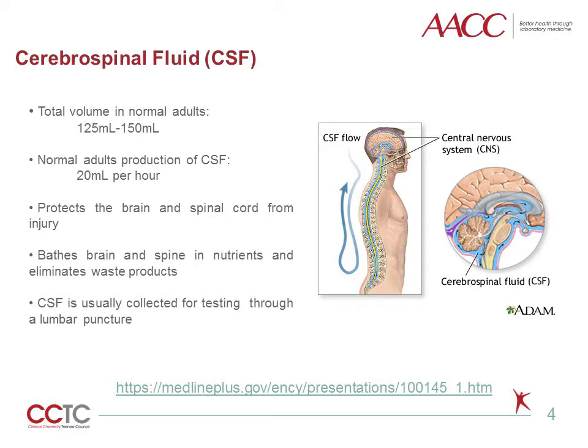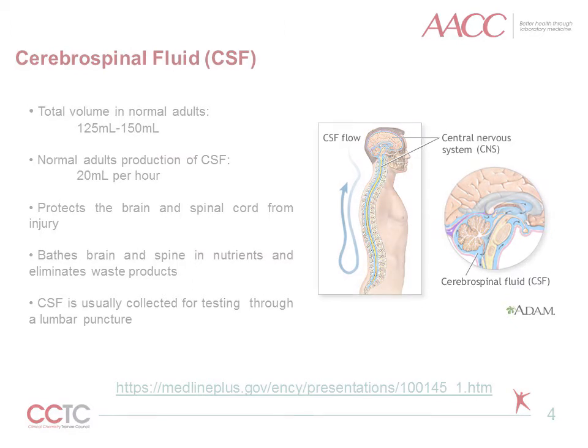It is also the medium through which nutrients and waste products are transported between the spinal cord and the blood. CSF is usually obtained through a lumbar puncture. During the procedure, a needle is inserted usually between the third and the fourth lumbar vertebrae,